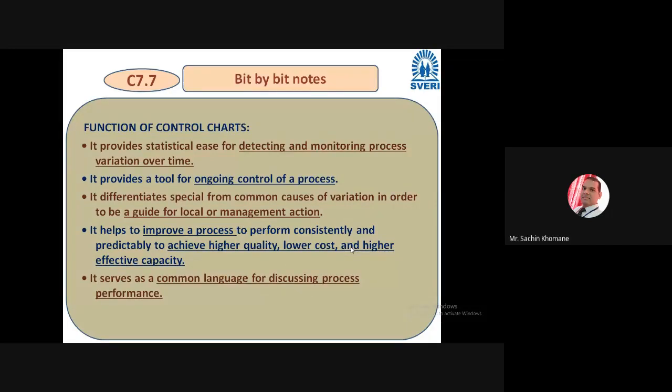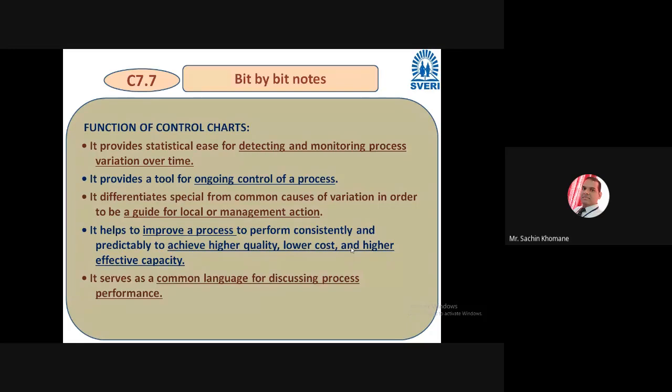So for an ongoing process, if you want to control it, there is no other way than a control chart, because it will help to monitor, and most of the people have digitalized this. Now in a chemical industry, there will be a computer display with all readings on one screen. How much pressure is increased, how much temperature is increased, right? If it goes beyond that, there is an alarming signal and all this. So now digital things are there, and this digitalization has happened due to the control chart only. So this is one important function.